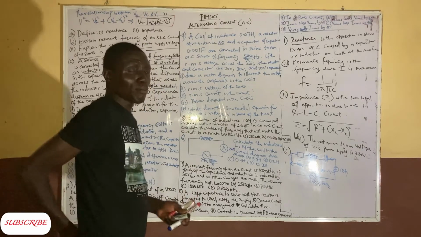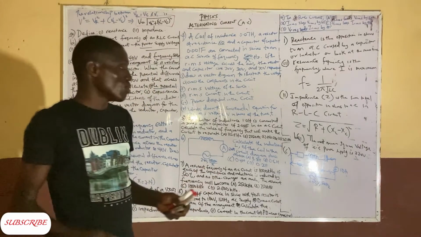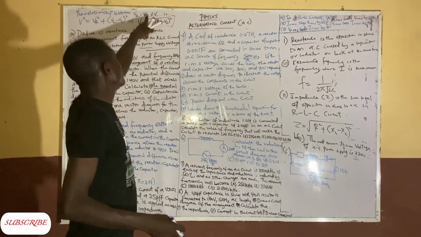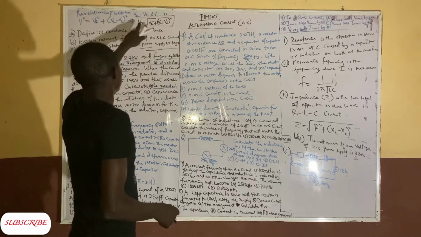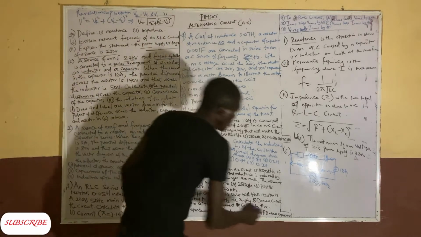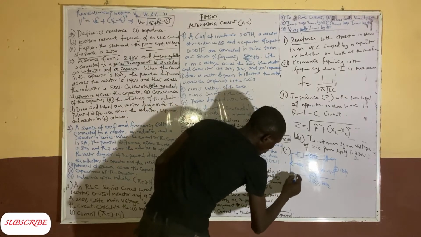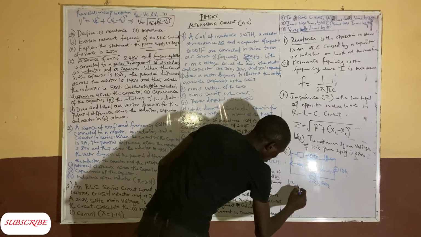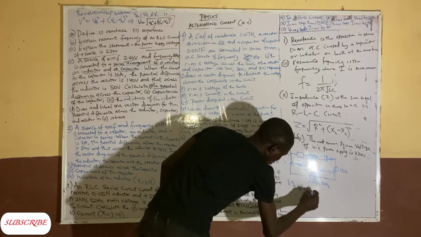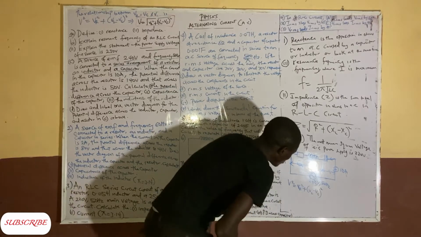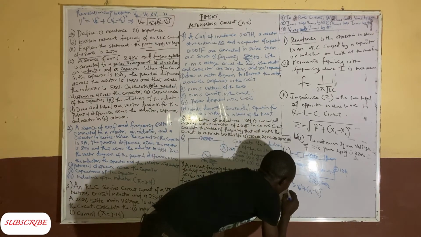We talk about the relationship between VR, VC, and VL, and the VL is given as well. So can we write this formula? V squared is equal to VR squared plus (VL minus VC) squared. So when we substitute now, this is 240 squared